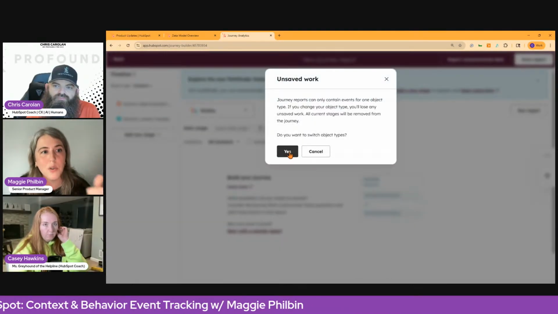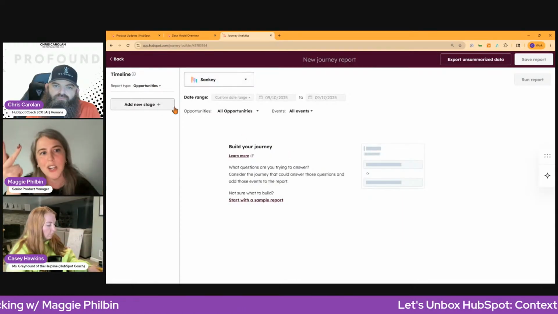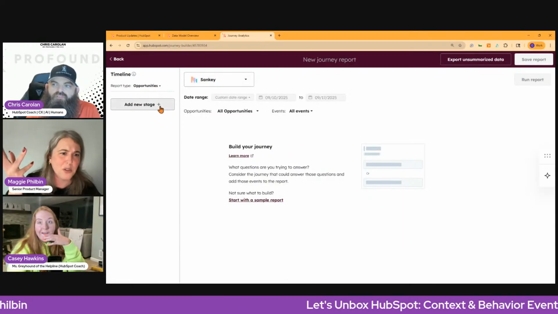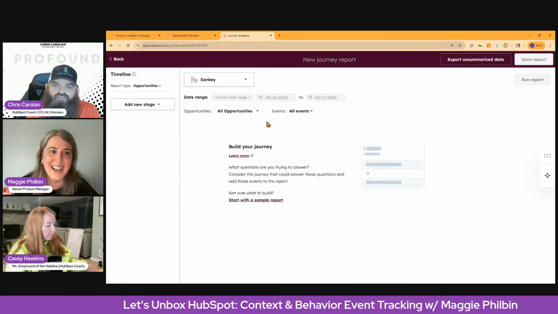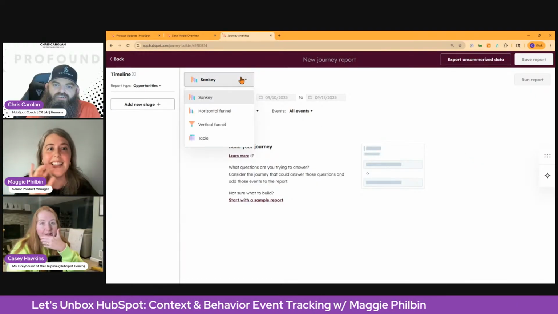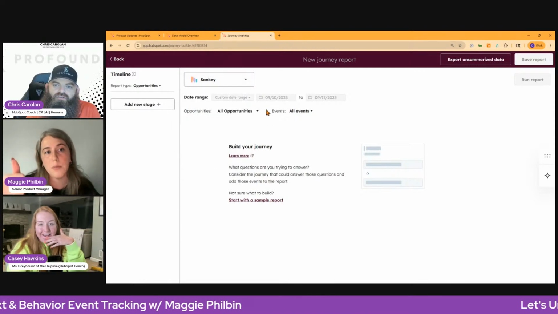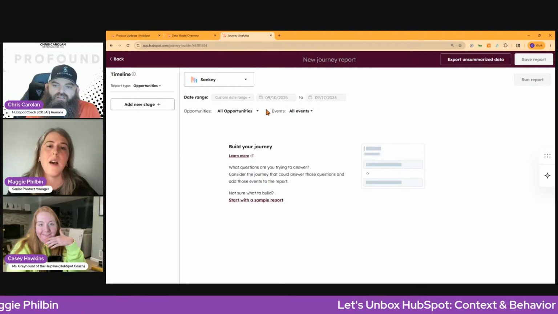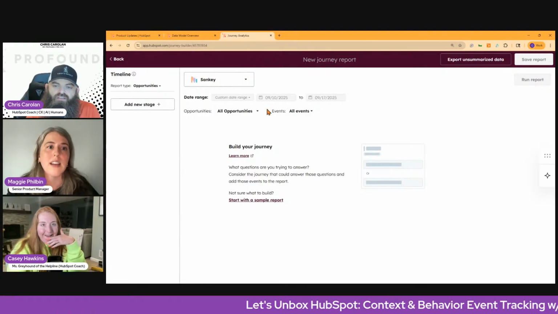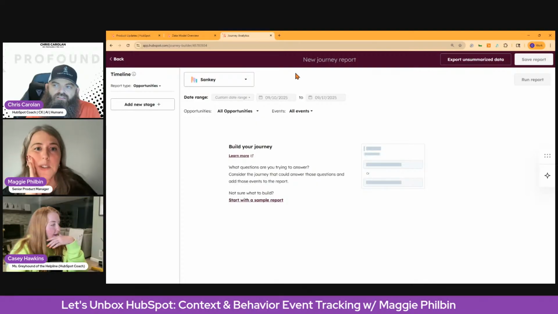But this is Zoom, Teams, MailChimp, PandaDoc, Eventbrite, DocuSign, Hotjar, Jira, RingCentral, Zendesk, LinkedIn. There are hundreds of different integrations that send these events. And now you can actually use them to fuel your attribution reporting, your journeys, your data sets. You can unlock that data across HubSpot and build more accurate cross-channel reporting, is the pitch.